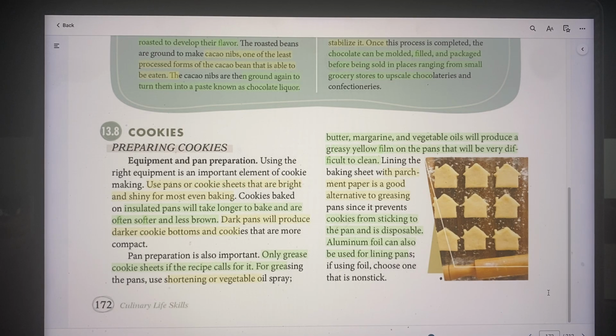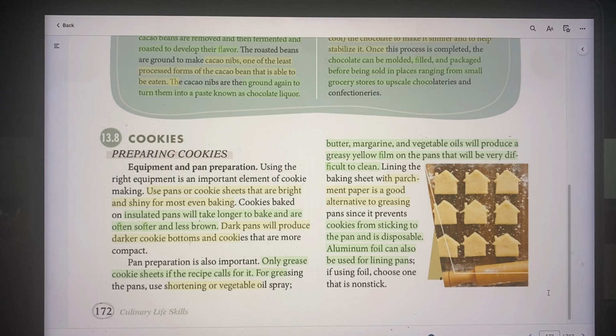So for greasing the pans, use shortening or vegetable oil spray. Also, it says butter and margarine and vegetable oils will produce a greasy yellow film on the pans that will be very difficult to clean. So you want to use vegetable oil spray. Spraying the pans with vegetable oil is the best. Lining the baking sheet with parchment paper is a good alternative to greasing,